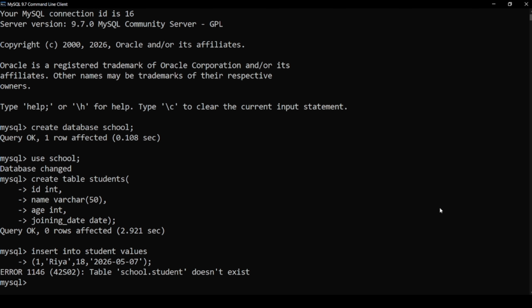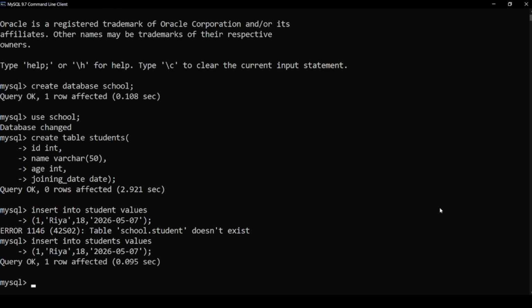Okay, you can see the table name which I created was students, and in the insert I've written student. So we'll have to mention the S here. So here I have added the record into my table.